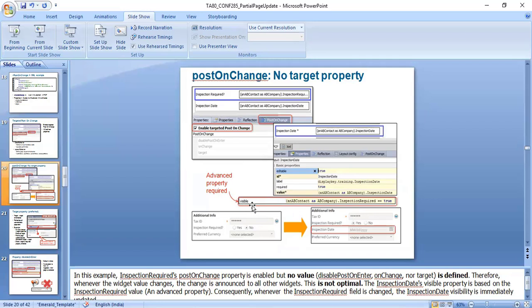So they are also changing the visibility condition. They have this inspection required field, and based on this inspection required field, they are changing the visibility of the inspection date field. So they have enabled the post on change on the inspection required field, and in the target property,